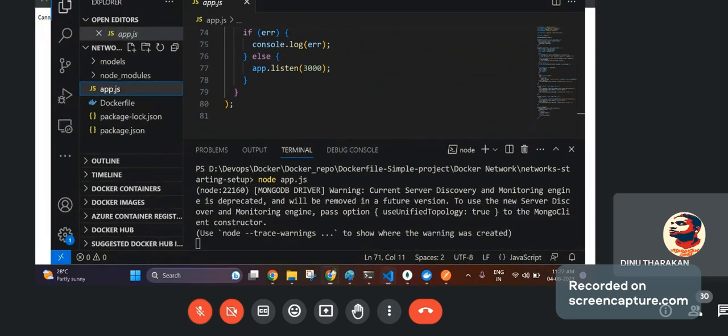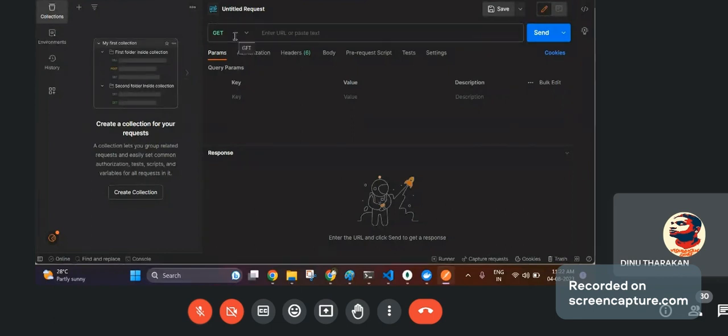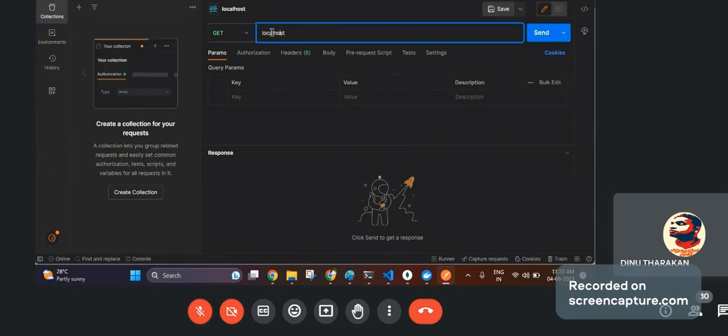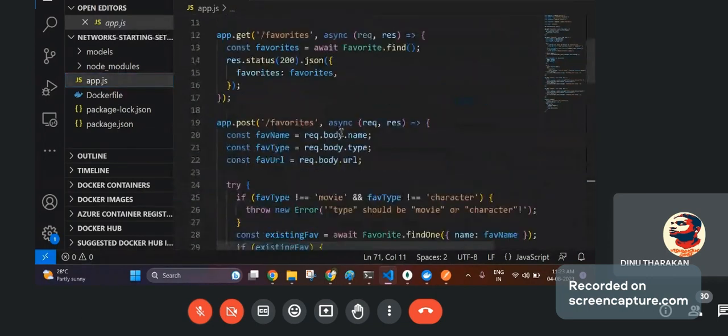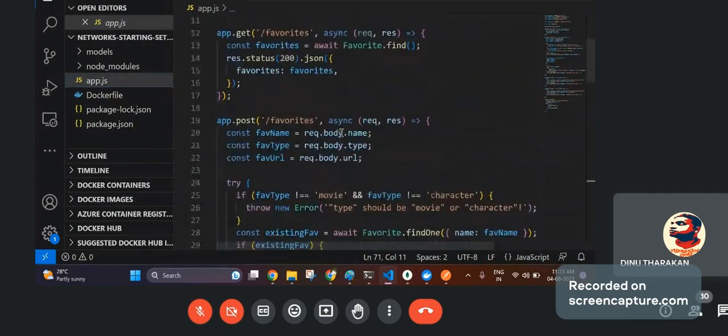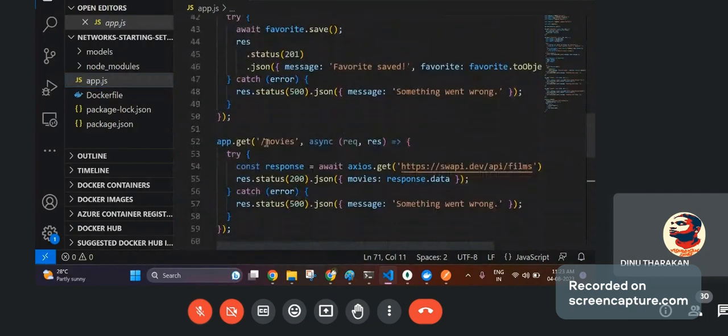Now, if I go to Postman and make a GET request to localhost colon 3000 slash movies, it basically defines that in my GET request, if there is a path known as movies, my application will go and talk to this particular API.